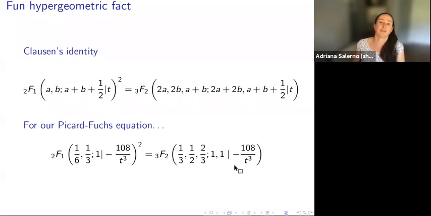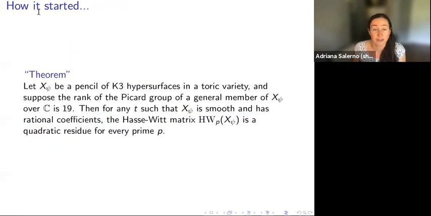So this is the one that we got for the point count on the right. And on the left, you see that this is some other simpler hypergeometric function squared. Now you should be thinking about what happened at the beginning of this talk. What we thought was our theorem was that if you have a pencil of K3 hypersurfaces in a toric variety and the rank is 19, because of Chuck Doran's theorem that I showed you earlier,